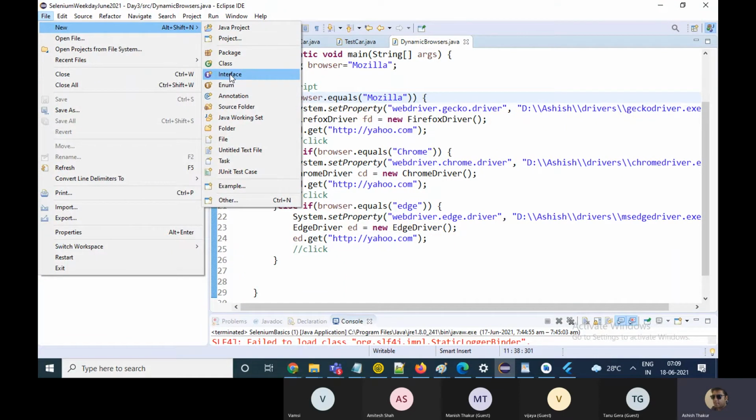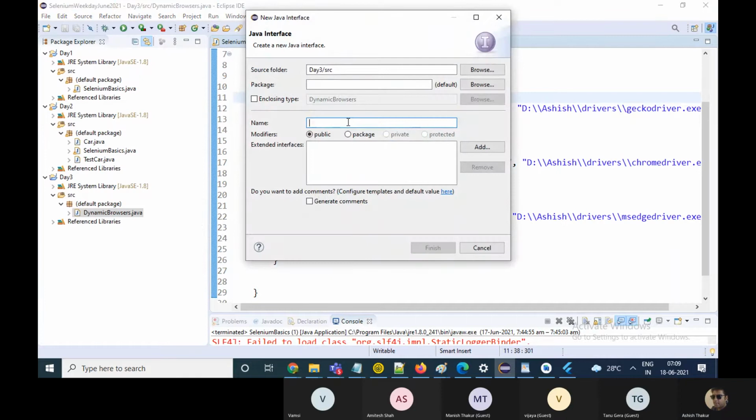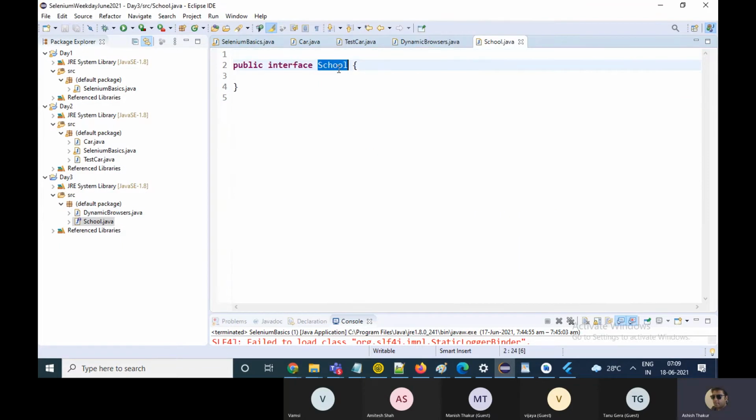Okay, now I will make an interface known as, say, school. So this is the interface school. Now in the interface, you just define your methods, that suppose what a school is supposed to do, right? For example, void teach.